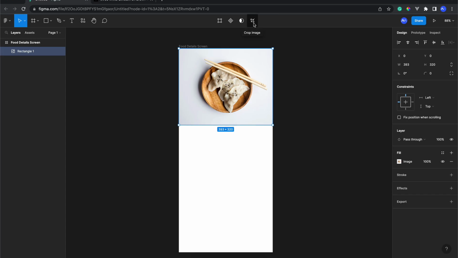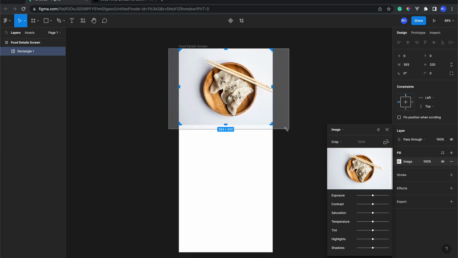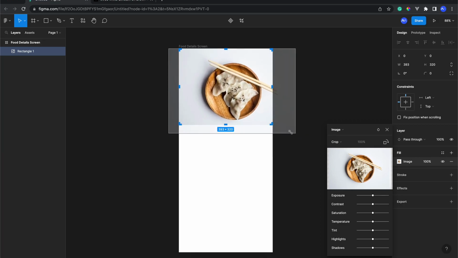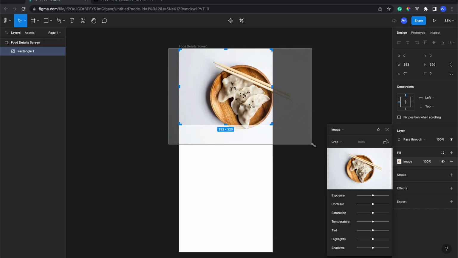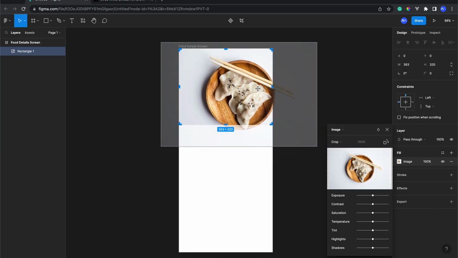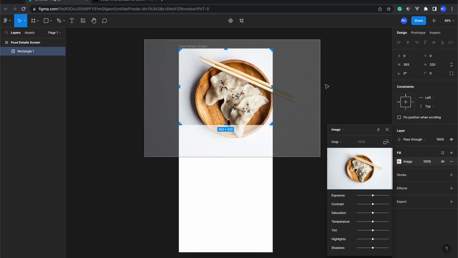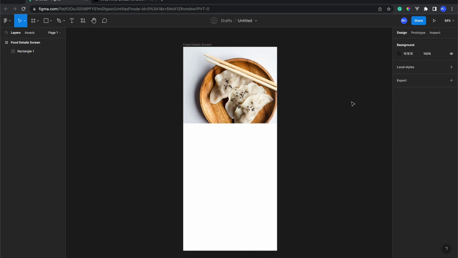And we're gonna use this crop image feature because I want to make it bigger. While you are scaling, you need to hold the shift key on your keyboard, so it will be proportional like this. Okay, and I'm going to put it like this and make it a little bigger, so it will have this aesthetic of design.